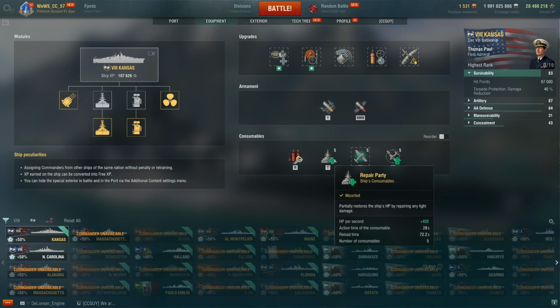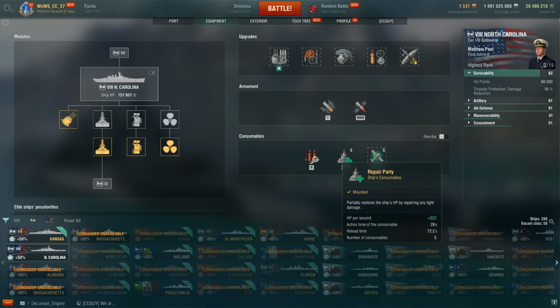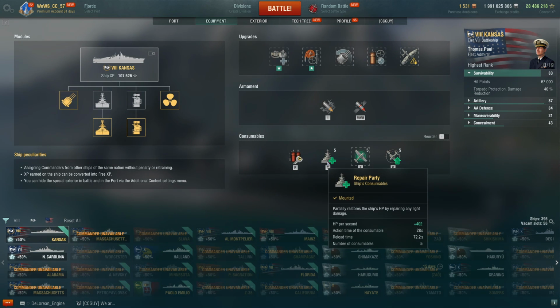So you both get access to 5 heals, but the difference is that whereas the Kansas one heals you for 402 for 28 seconds, the North Carolina one heals you for 522 for 28 seconds. What this means is that the Kansas can potentially reach a maximum healing of, well, one of these heals heals you for 11,256. And if you get to use all 5 of these heals, you can heal for